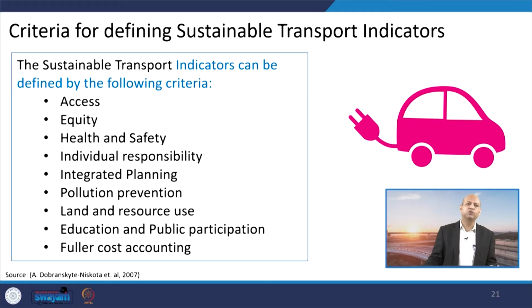Well, when we talk about criteria for defining sustainable transport indicators, then we need to see whether the transportation infrastructure or the system is properly accessible or not. Maybe some segment of the population like upper middle class is having access to a particular transportation system, and if it is not accessible by poor segment, then it is not sustainable socially, okay? It is not equitable kind of thing. Similarly, health and safety issues, because you have to have good road infrastructure, then traffic lights etc., otherwise accidents may happen, okay?